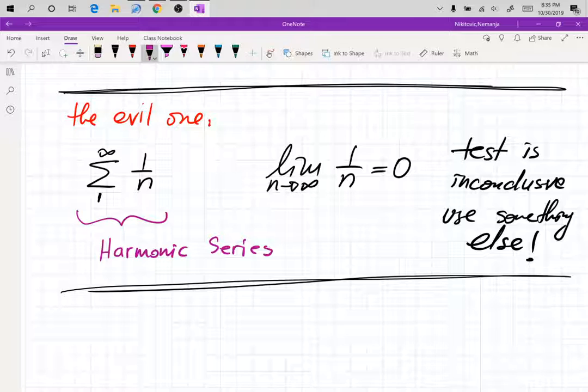So integral and P series are the next 2 tests we're going to cover, and they will both take care of this. Then we have alternating harmonic series, and those will be in 10.6 when we do alternating series. Then we're going to even build more on top of this. So right now,